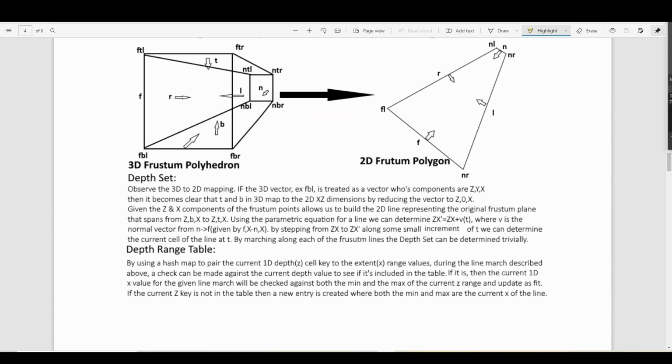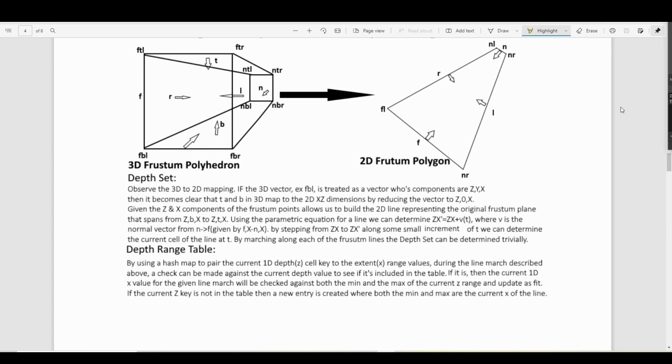The actual algorithm to do this is rather straightforward. Given a beginning and an endpoint of a frustum edge, we can use the parametric equation for a line, p prime equals p plus vt, to take tiny steps from that beginning point towards that endpoint, and then anywhere we are along that line during the march, we can take the 1 and 2 dimensional values and record it for that particular point. When we retrieve a new one-dimensional cell value, it is included into the boundary set,